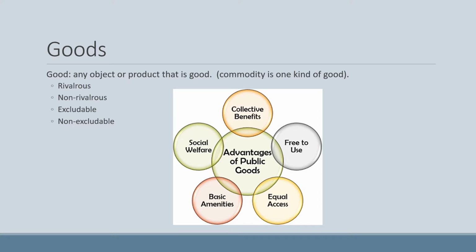Non-rivalrous means that the cost of providing it to an additional individual is zero. So think of TV broadcasting or going to the movies. Once you go to the movie, no matter how many people fill those seats, the movie theater does not pay more or less to show you that movie. You're paying to get in, but that's where they're making the profit. If they have one person in the audience or 20 people, they paid the same amount of money, however much it cost them, to get the rights to show that movie. So that is a non-rivalrous good.